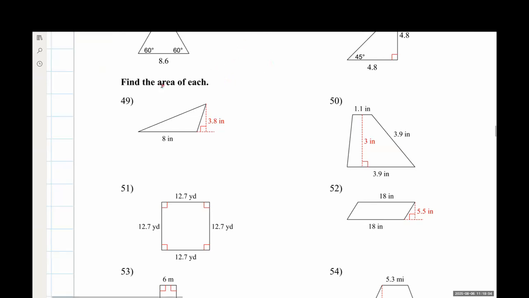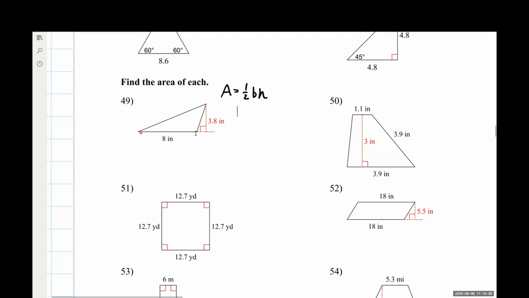So I think it's helpful with these, starting with 49. What's the shape that I'm using? I'm using a triangle. So I'm going to just write down the general equation for the area of a triangle. We can reference our notes. The area of a triangle is 1/2 base times height. Let me clean that up just a little bit here. Equals 1/2. There we go. So I need to find the base and find the height to be able to get to this answer.